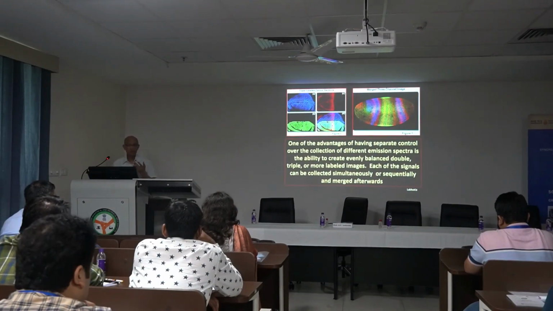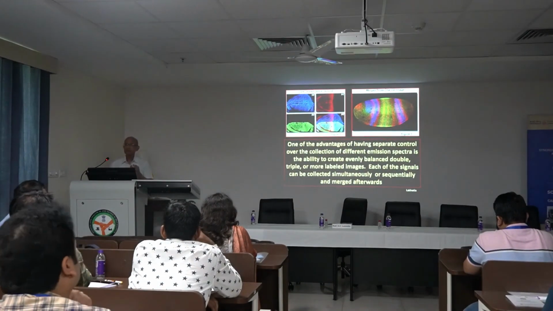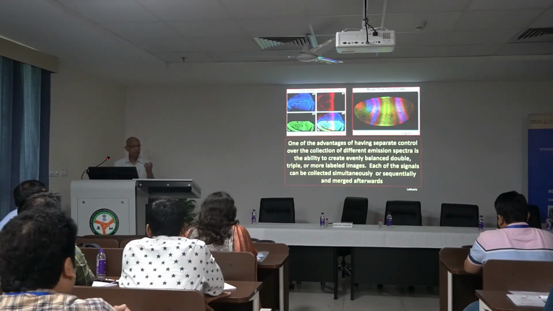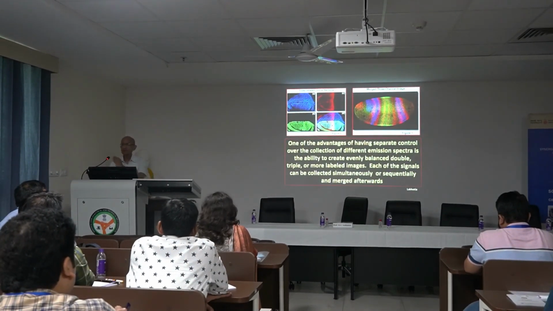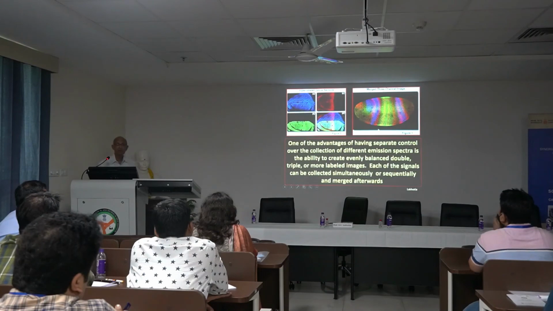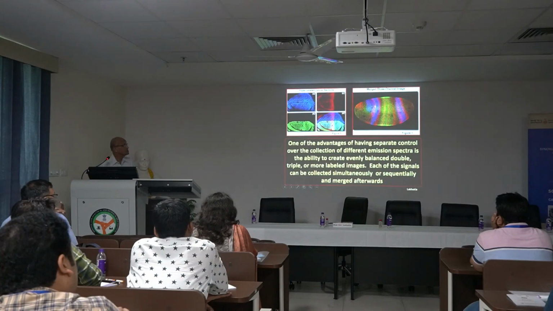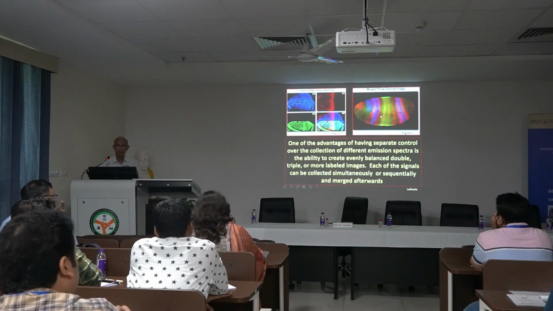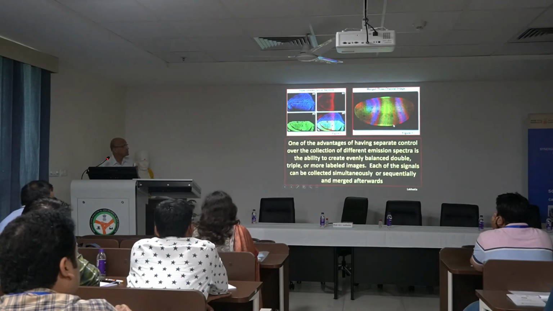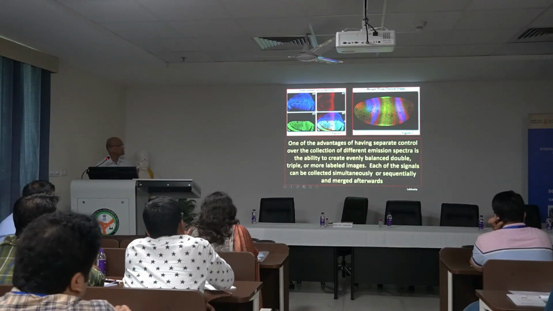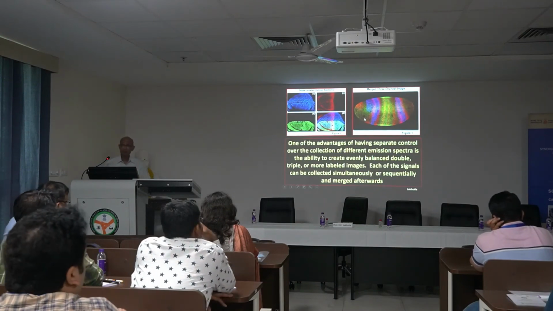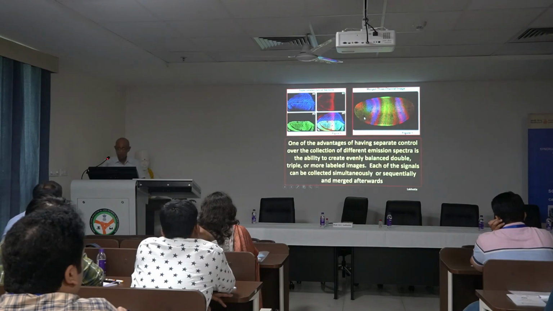There are multiple ways that you can collect, because you can have different wavelengths of lasers or now diode lamps, which give you specific wavelengths, and your recorder can collect different wavelengths. For example, these have been very famous images where in Drosophila embryonic development, before you see any shape in the egg, we already know that each nucleus has different sets of proteins, and that's what they control. So each color represents a certain protein, and we can make out which proteins overlap or which proteins are uniquely present in one cell type and so on. That's the great advantage of this kind of microscopy, that you can look at things in real life.